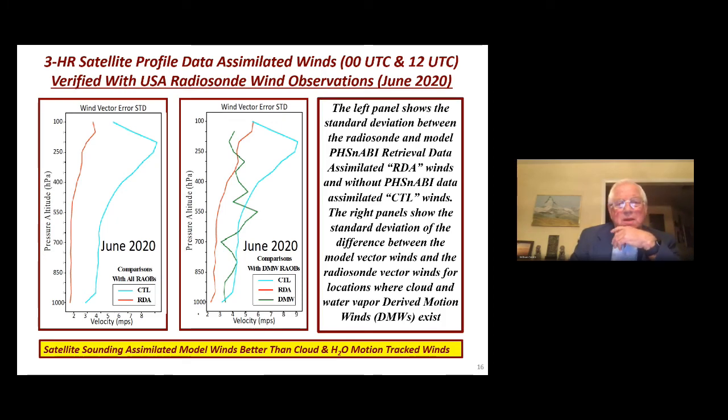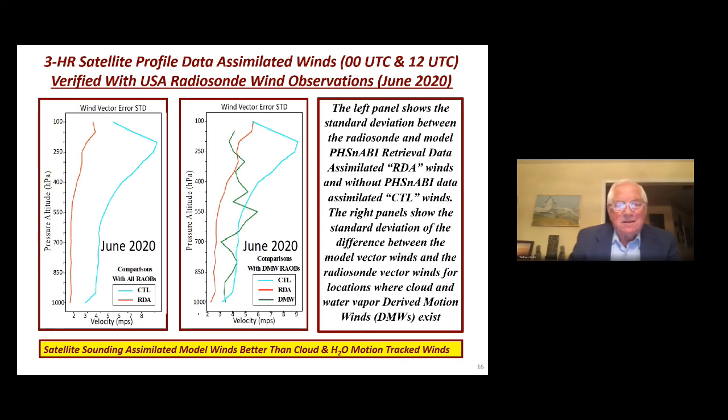And then we even compared this with cloud drift winds, where you track moisture and cloud motions to get the wind profile. That's the green curve. And it's better than the control forecast, but not near as good as the satellite sounding assimilated forecast. And so it's this dynamics that get forced by assimilating the temperature and water vapor soundings that will improve